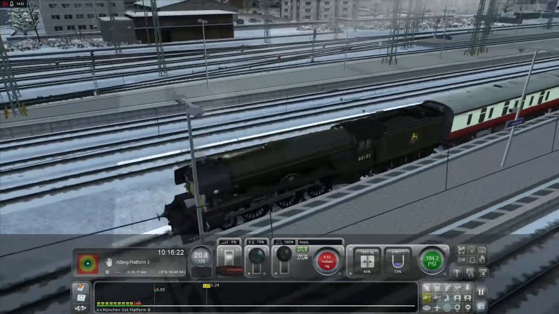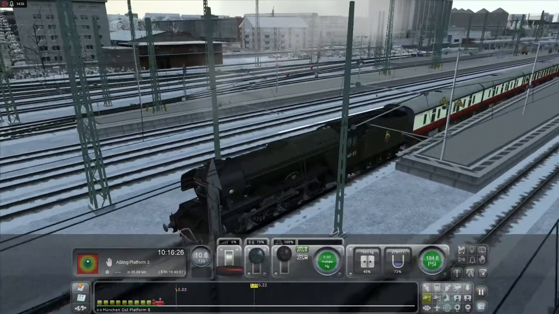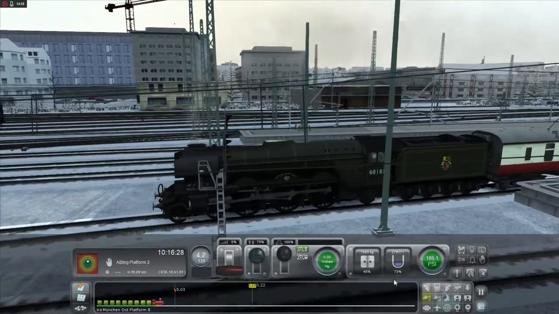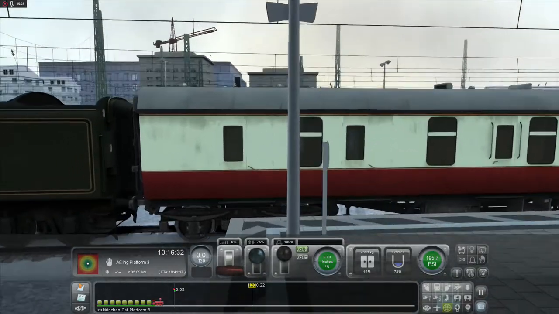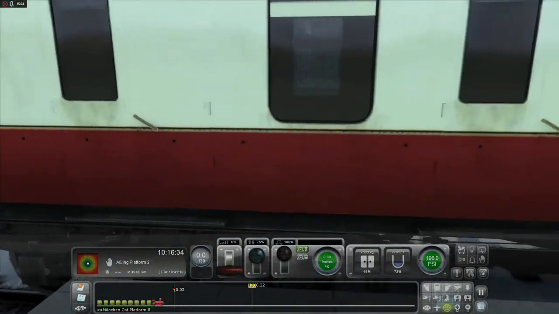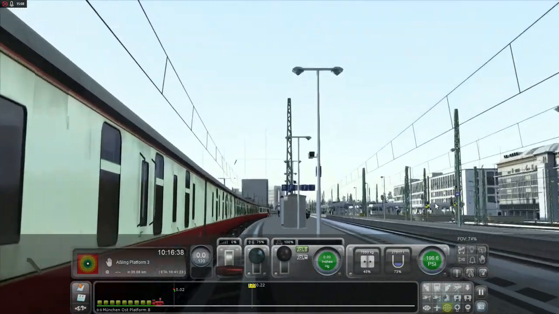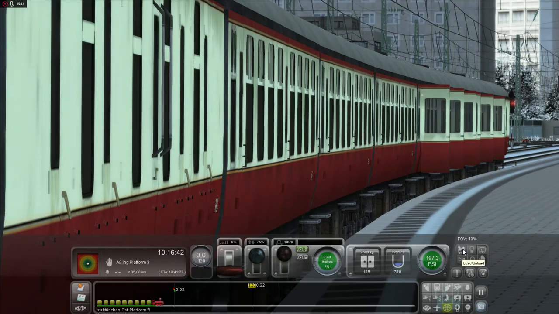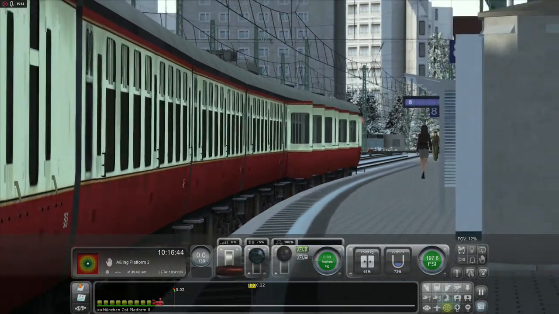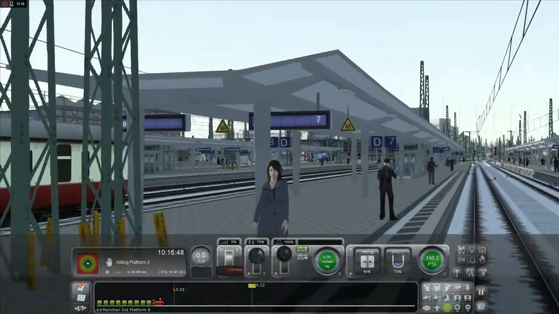Oh my god, we really need to slow down. At least get the first coach on the platform. That wasn't good enough, but is there a door over here? Oh, there is a door, but it doesn't open, see? Where, how did the doors not open? Oh, yeah, they are open. They're only open on the...